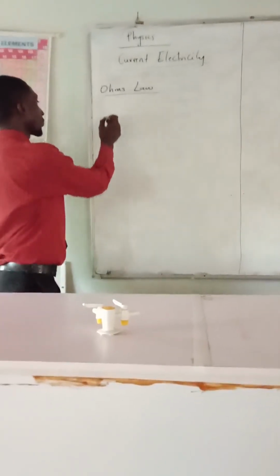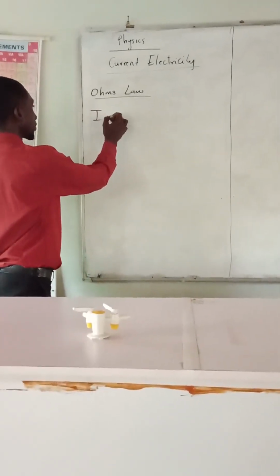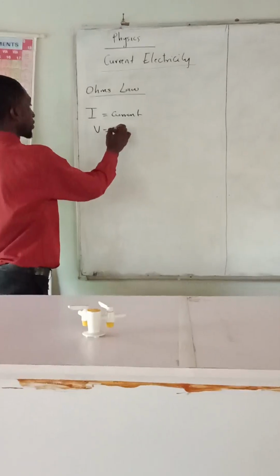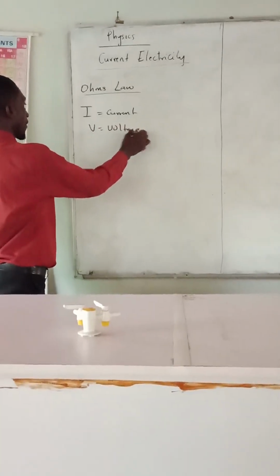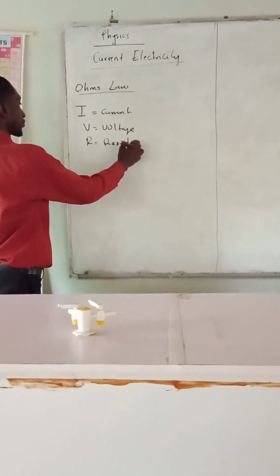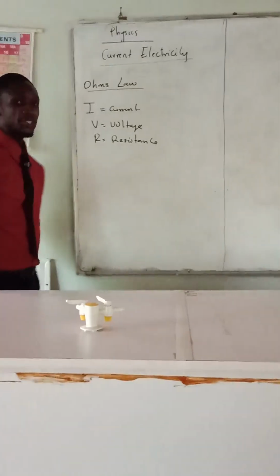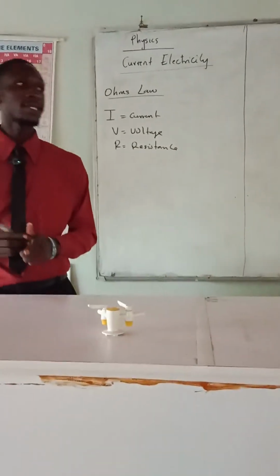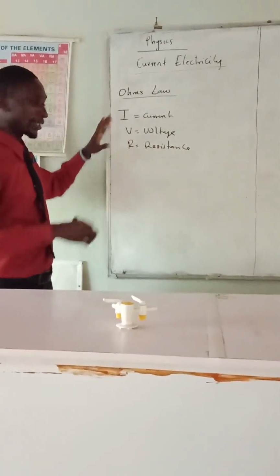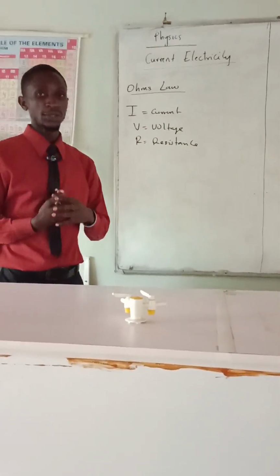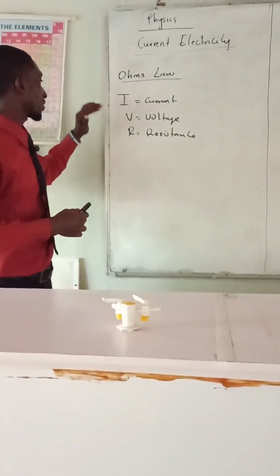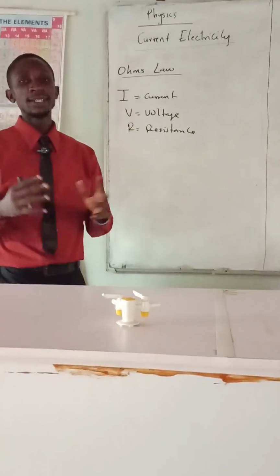Meanwhile, under Ohm's law, we have three variables that we are looking at: current, voltage, and resistance. Now, these three are connected together such that, in a conductor, these three are related to each other. And the fastest or the easiest way to understand the relationship between current, voltage, and resistance is to take, for instance,